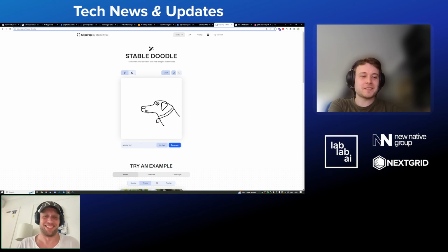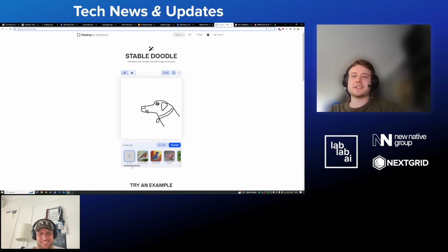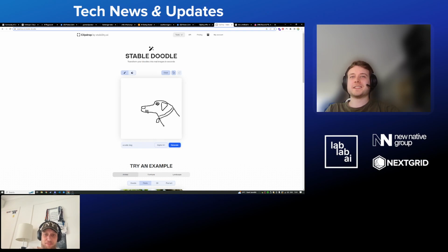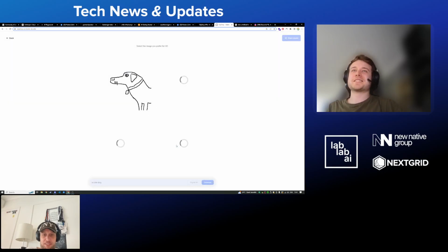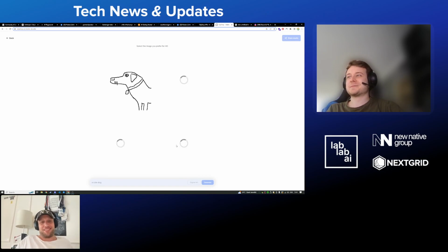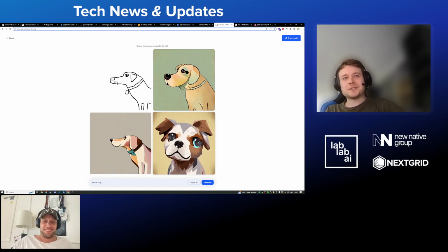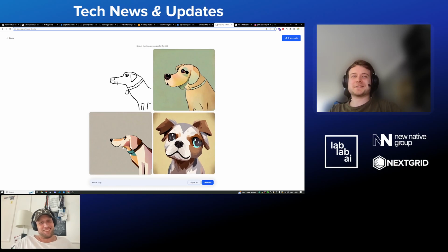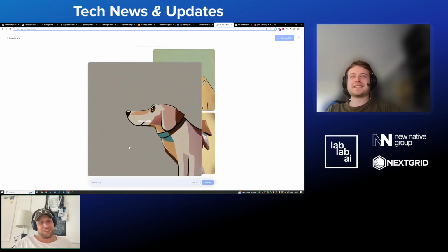Let's say a cute dog. You can even set a style. Let's just say digital art. This is an amazing artwork. Maybe we can fix this in some way. Oh my god. All right, let's just generate this and see if the AI can understand what I meant by this. Okay, it's not even bad. So you can see that that one is good.